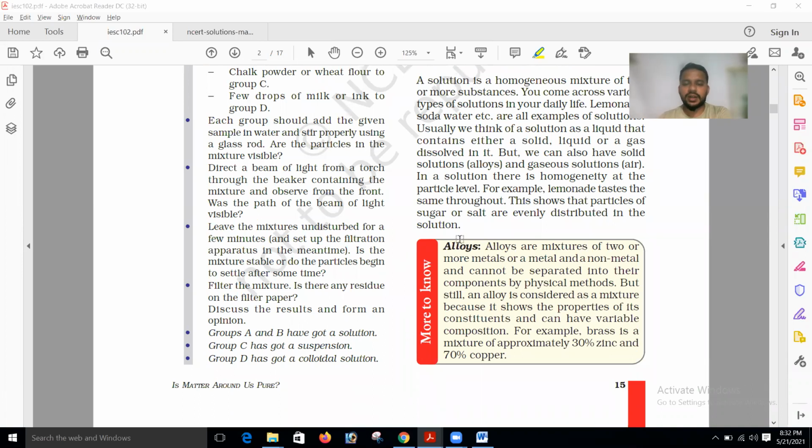More to know, that means alloy. Okay, so what is alloy? Alloys are mixtures of two or more metals or a metal and a non-metal and cannot be separated into their components by physical methods. That means alloys are mixtures of two or more metals or a metal and a non-metal and cannot be separated into their components by physical methods. That means